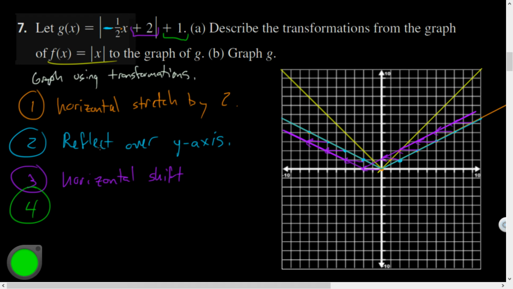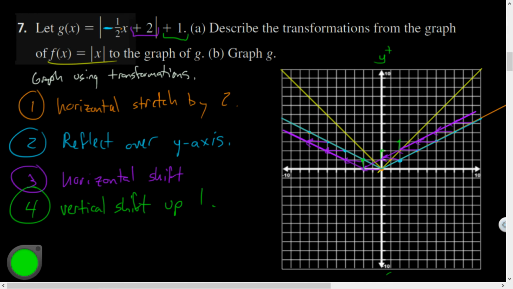Work with me, friends. +1 on the outside. It's going to shift it, but which way? It's going to affect everything after the function has been done. That's a vertical transformation. Is it going to shift up or down? Up. In this case, it's the same direction that you would have expected. So this is a vertical shift up 1 unit. So take my purple graph up 1,